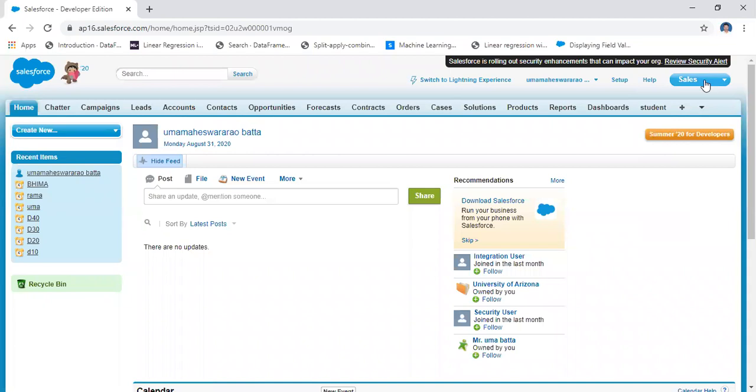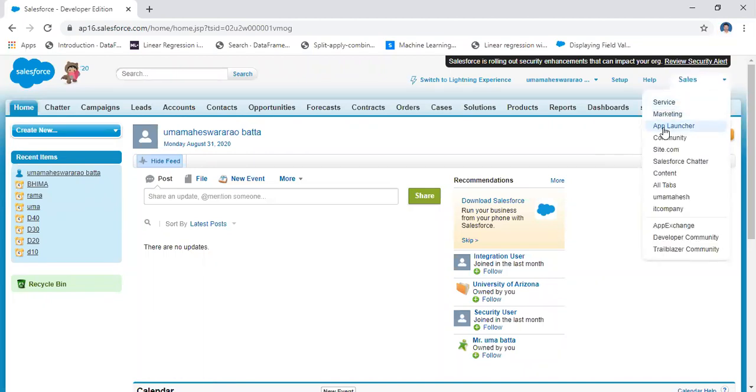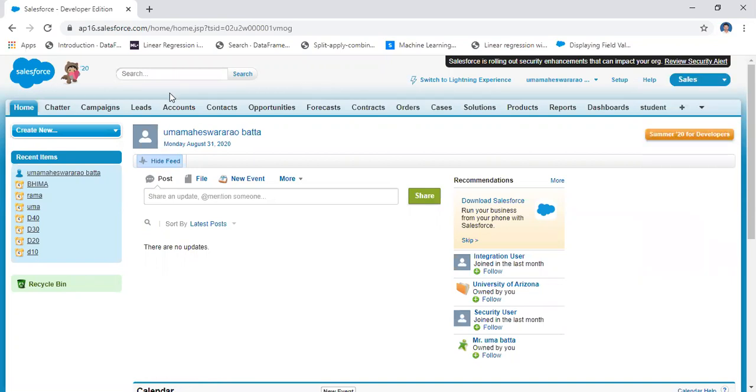Like that you have different applications. Which type of applications are these? These are all standard applications, created by Salesforce. That's why you have these applications.